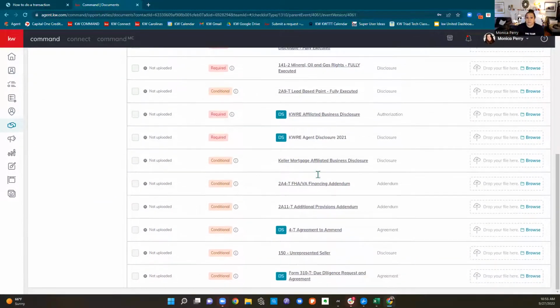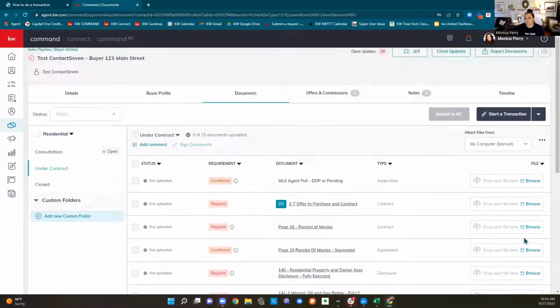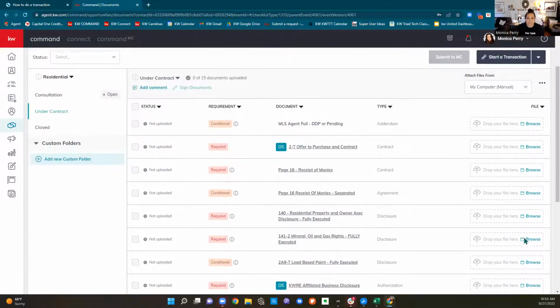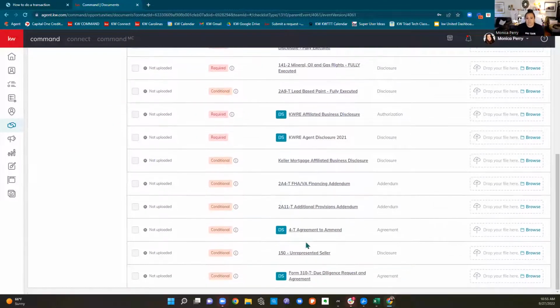If you need to upload something that doesn't exist in the checklist that was built for you, okay? First of all, make sure you actually need to upload it and turn it in. If you do, say it's like there's a 4T agreement to amend contract right here. There's only one placeholder for it, right? You had to change the price, due diligence amount, closing date. You already turned that in. Then something else has to get changed, and you're like, wait, now there's nowhere for me to put this 4T,